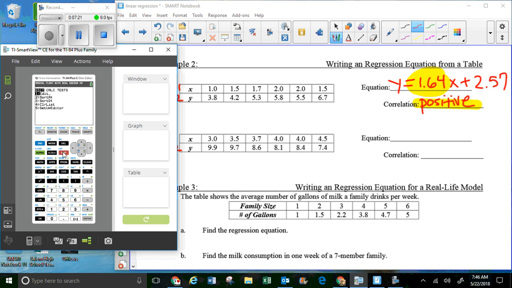Alright, from here I'm going to get my equation, stat, arrow to the right, number 4, enter, enter, enter, and